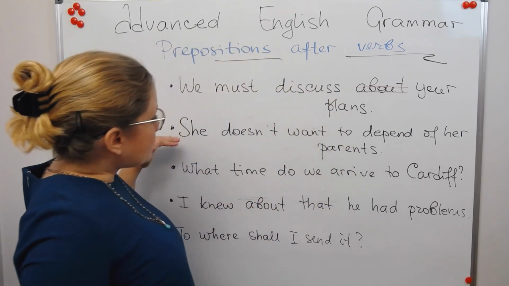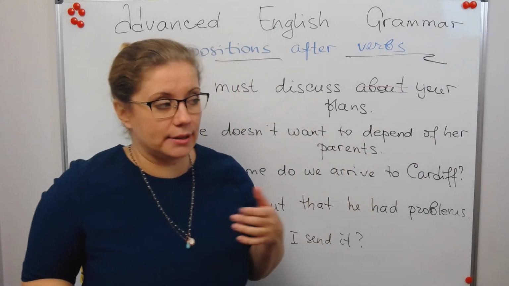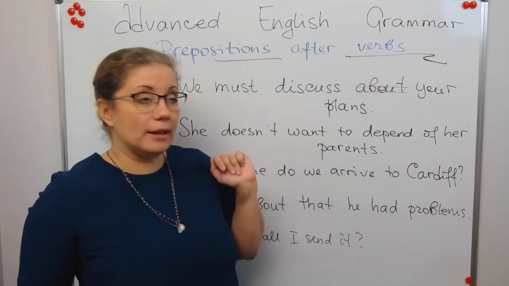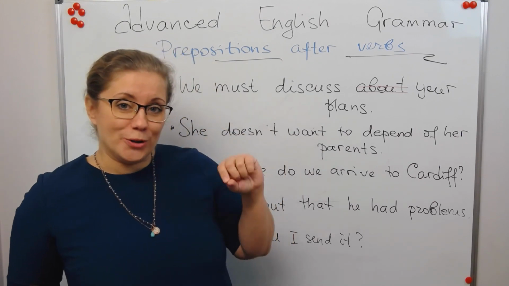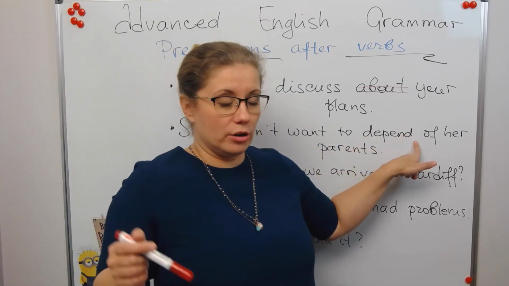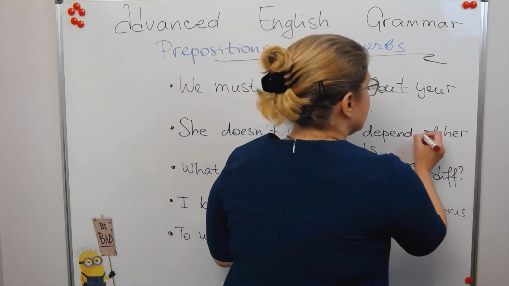The next one. She doesn't want to depend on her parents. So the verb depend here means financially. And, can you spot the mistake here? It is also a very typical one because a lot of people I know say depend off, whereas in English